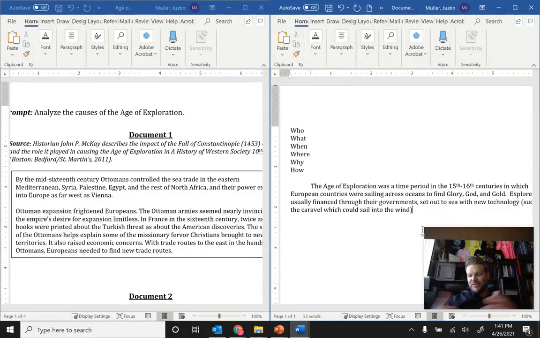Now that's just... Is there anything in the prompt about technology? No, but that's just me showing off that I know a little bit more. They want to see what you know, and that's a good way of doing it. And this one is in, or going to be in, our Age of Exploration Edpuzzle. Excuse me. So that one we can add. Explorers, usually financed through the government, set out to sea with new technology, such as the caravel, which could sail into the wind,